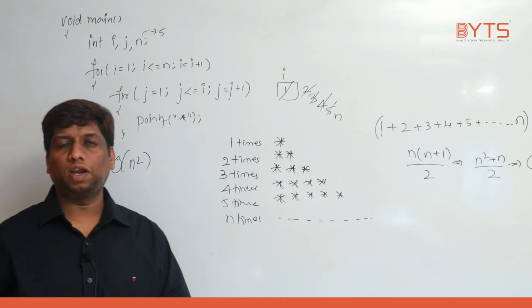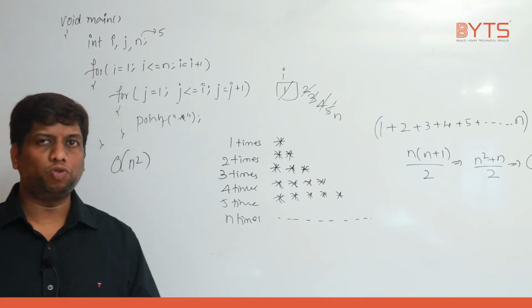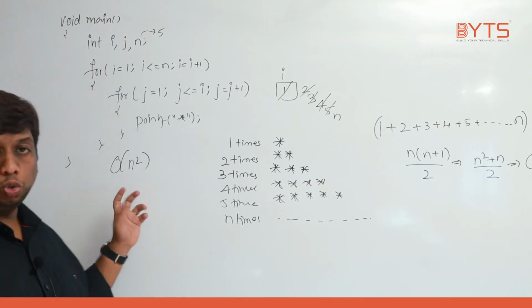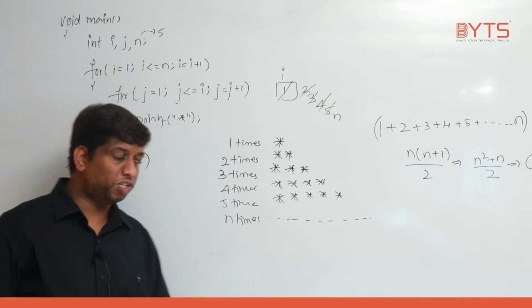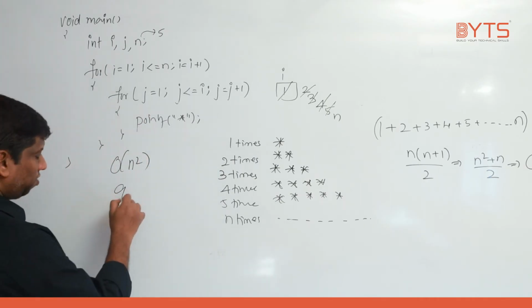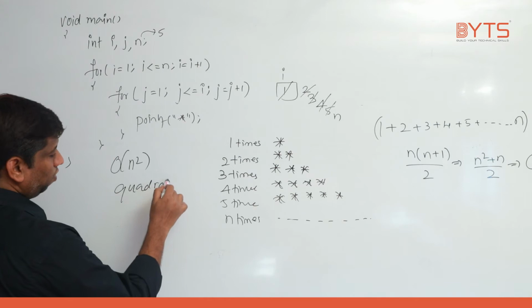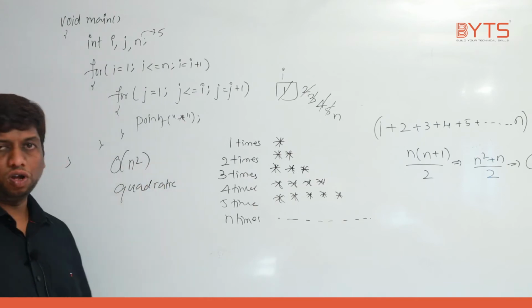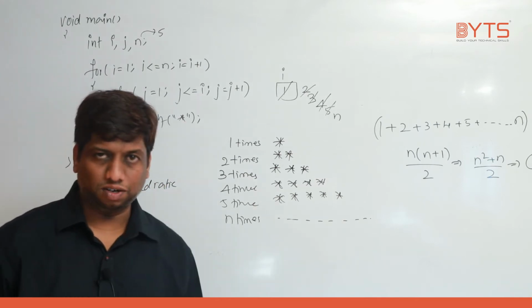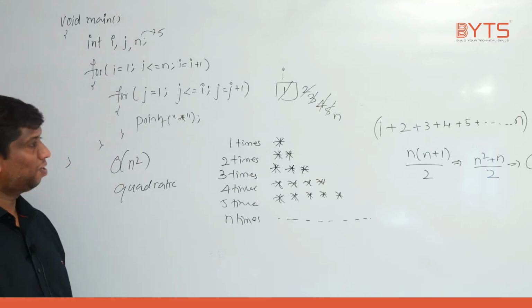Have you noticed any similarity? There also we have 2 loops, here also we have 2 loops. That is the reason you are getting order of 2. This type of expressions are called quadratic expressions, right? Because there is a power, we call that a quadratic expression. Okay, fine. Next we'll see some other example.